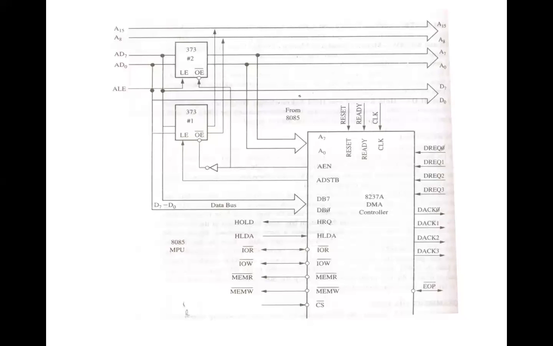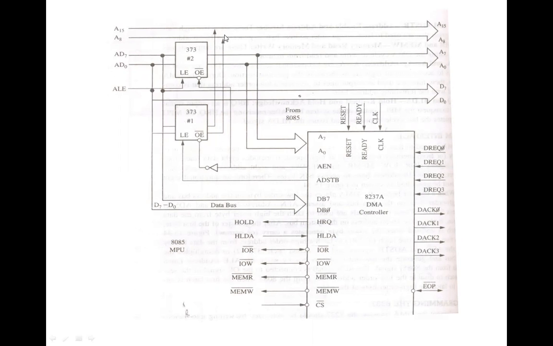Next, what happens? The 8237 is going to assert the address strobe signal high. Whenever this signal becomes high, this latch is going to be enabled. And since it is connected with latch number 1, it is going to enable that latch. And then it places the content of the data bus, that is D0 to D7,